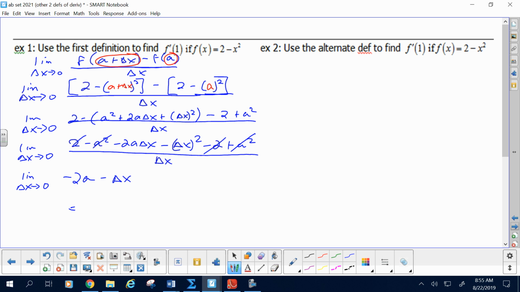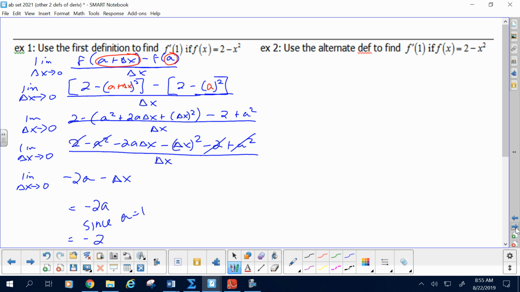You know what I should have had in there for a every time is 1. So I guess it's decision time. Do I go back and replace all those a's with 1, or shall I do it now? Let's just go, since a is 1 here, the derivative should be negative 2. Yeah, sorry, I should have had 1 instead of a all that time. Why didn't you see? It's all good. This is not my preference, but it does.